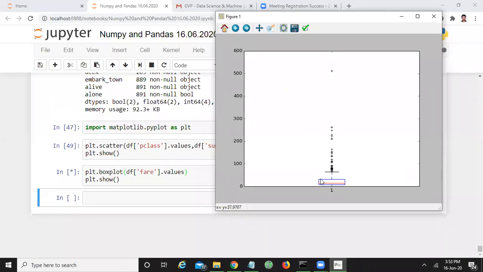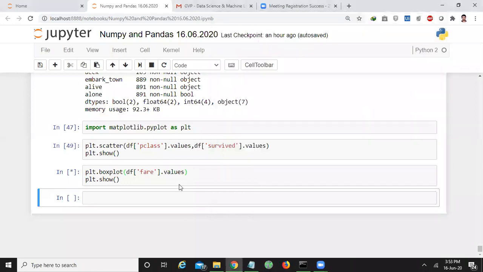Are you following on it? So the interquartile range represents the values which are in range with the median of the entire data set. You may ask, sir, what about the other values which are not in range with the median of the data set? Those values are called the outliers. See here, these plus symbols are outliers. That means those are not at all in range with this box. Are you following or not? Yes. So this is the understanding of box plot.